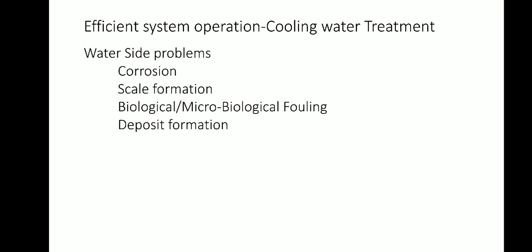Then scale formation. The main sources of the scale formation in the open evaporative condenser circuit are hard water containing high levels of calcium and magnesium, and high levels of pH and alkalinity. Open evaporative cooling systems operated on softened water can meet with severe scaling problems when pH of the circulating water is above 9, the total alkalinity as calcium carbonate is above 550 ppm, and temporary hardness in the source of makeup water is above 200 ppm.